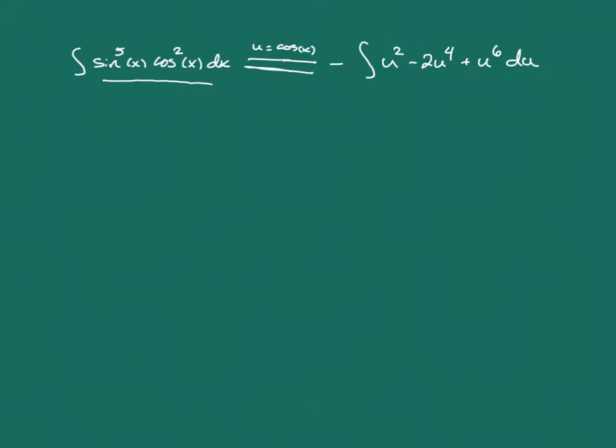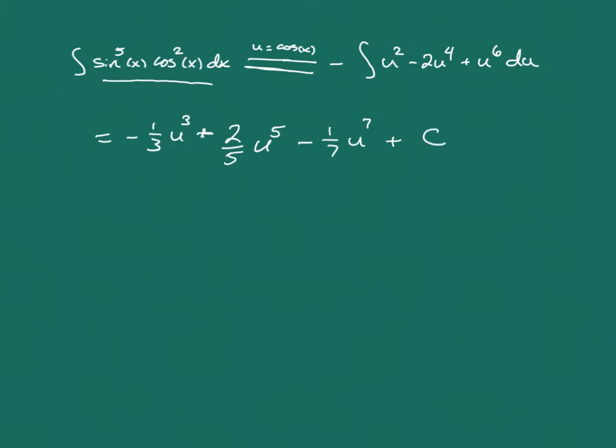And for that one, we can just use our power rule. So we've got our minus 1/3 u cubed plus our 2/5 u to the fifth minus a 1/7 u to the seventh plus our arbitrary